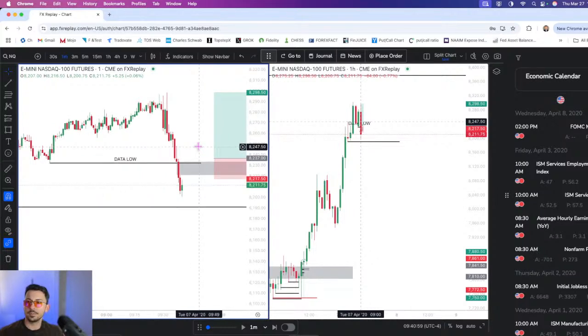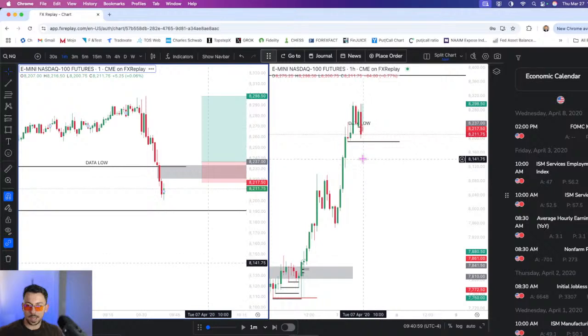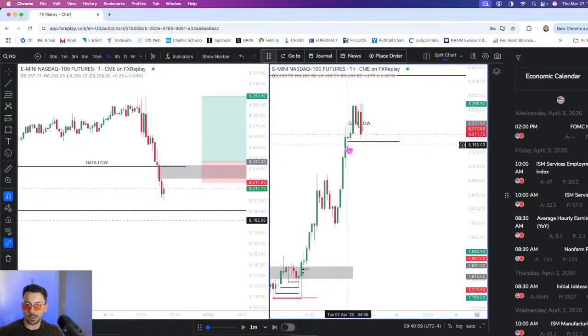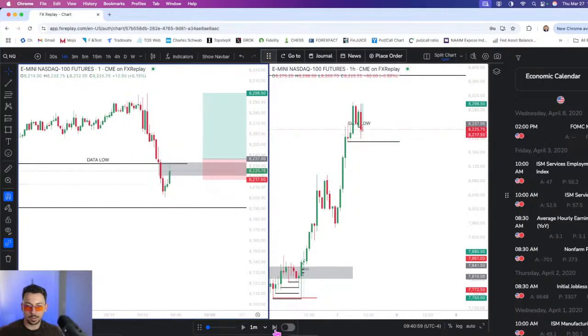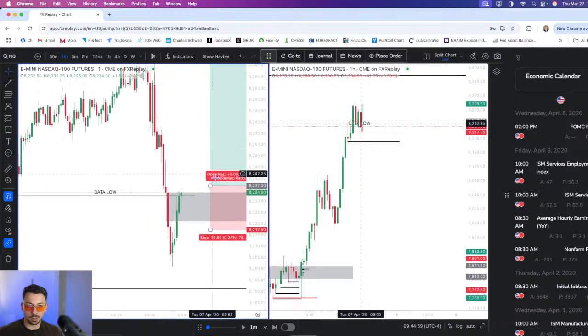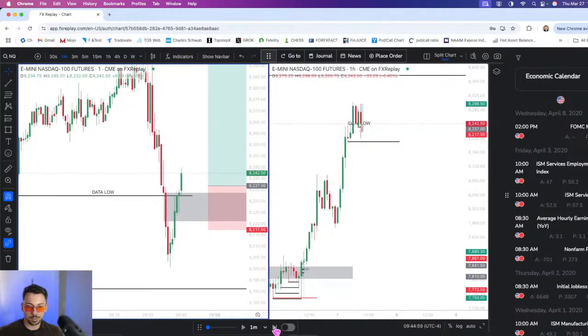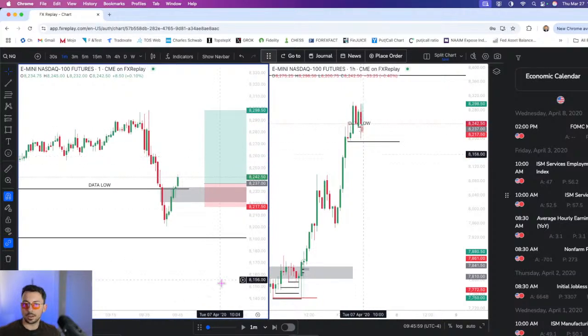Evan, IDK. Okay, I'm going to say no. And the reason being is because we have an hourly fair value gap below us that I think is probably going to be rebalanced. So what I would more so anticipate is a trade into this to go lower. Okay, so did we close above here? No. Okay, there's a close above. What do you guys think? Are you taking this? I am not.